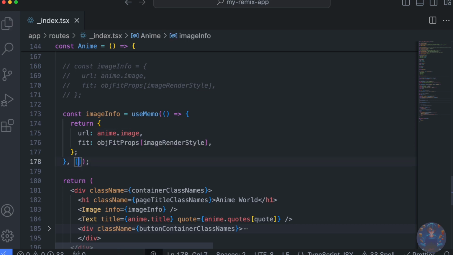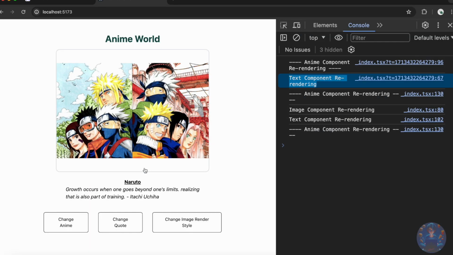When you keep it as an empty array, it means that there is no value affecting the value that is being returned from this function. So no matter what happens, I'll always send you the same object. If I go back here,